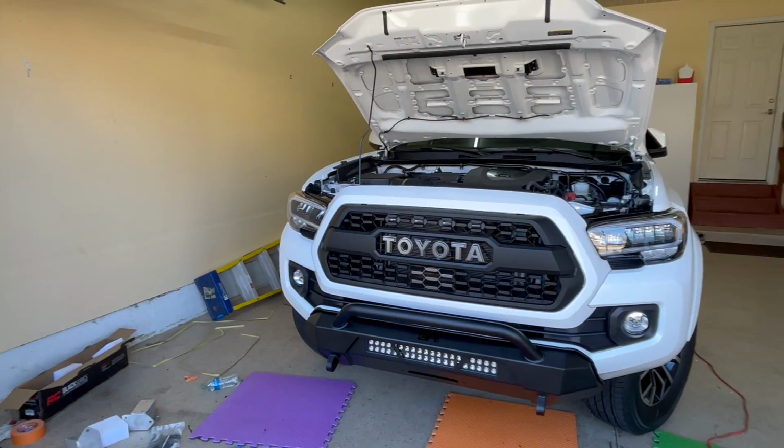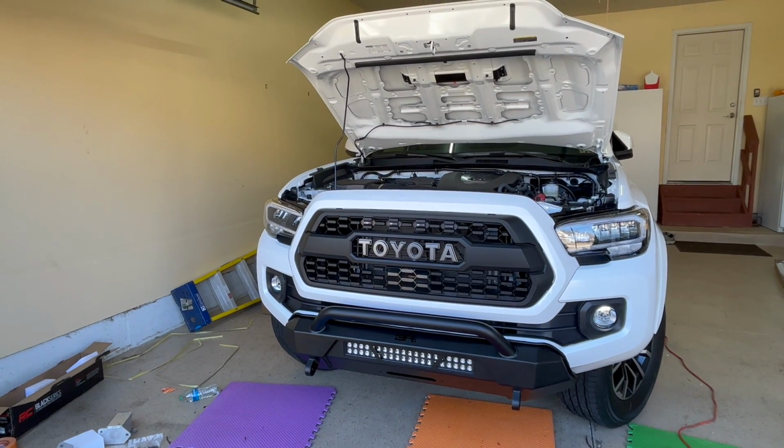The lights will turn on soon enough. Still have to wire them. But compared to the standard,